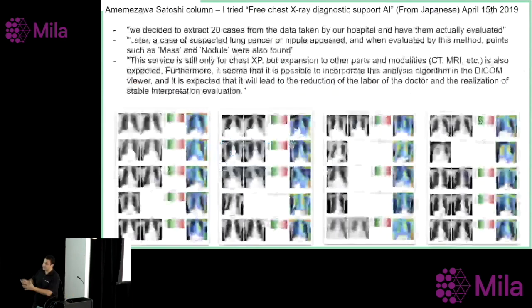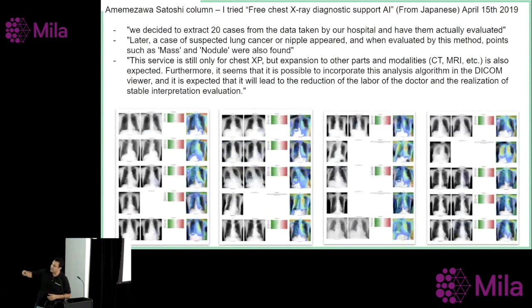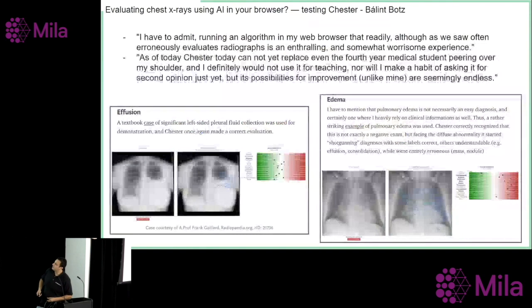So there's been a bunch of studies. This one contributed X-rays from a hospital in Japan, where they looked at the performance prediction on cases that they had and studied the use of this. And this is exactly the outcome that we wanted. There's another in-depth study here, where they really go in depth on specific tasks, right? So they want to study an effusion, so they look at an image that has an effusion in it, and then see how well the model can predict this, right? And they find that it works really well in some cases, and it doesn't work as well in other cases, and there's a good